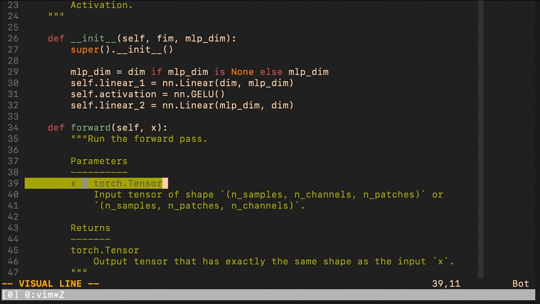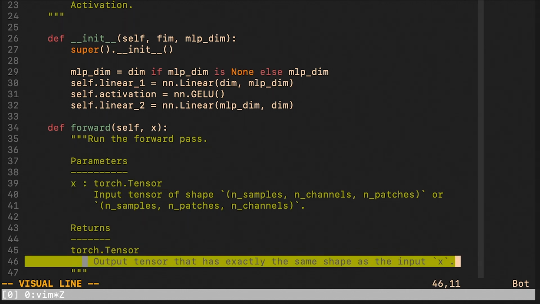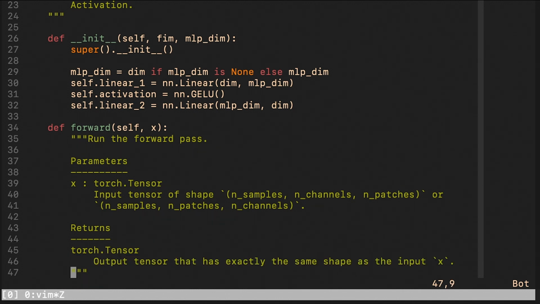If we are inside of a token mixing, the last dimension is going to be the number of patches. And if we are inside of a channel mixing, the last dimension is going to be the number of channels. As discussed before, the last dimension plays an essential role because it's exactly that dimension that we apply the linear module to. When it comes to the remaining dimensions, we just iterate through them and we reuse the same linear module. The output tensor will have exactly the same shape as the input one, which is very convenient.